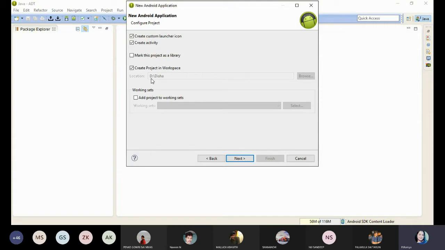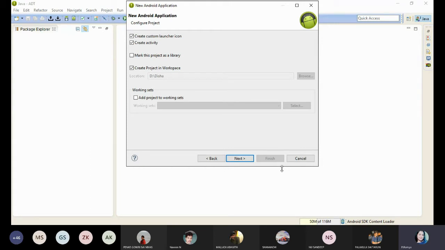Can anybody tell me, within the previous session I have already discussed regarding workspace. Can anybody tell me what is the definition of a workspace in the Eclipse platform? Storage place, madam. The projects will be saved in the drive. Yeah, very good. Simply you can say workspace is nothing but a storage space, like he mentioned. Okay, storage space. Simply you can say it is a storage.